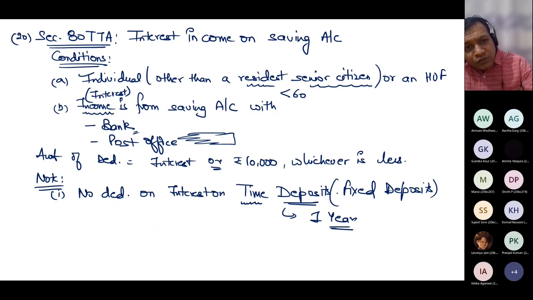So if you are an individual earning less than 60 years, if you are earning interest income on fixed deposit, then you cannot claim any deduction of that interest. Only from savings account interest is allowed as deduction. Second thing,